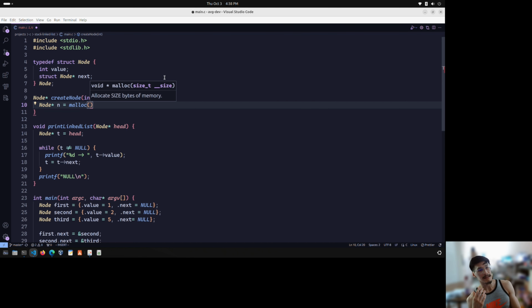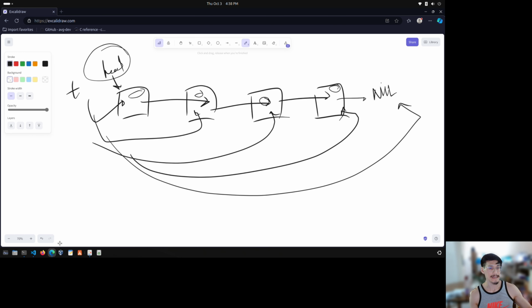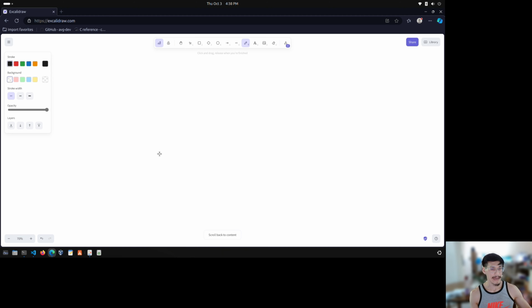How many size in bytes do we want to allocate? Well, we want to allocate the size of that node struct, because we want to be able to hold the value and the next pointer. So in memory, that's going to look like this. So we want to allocate in memory